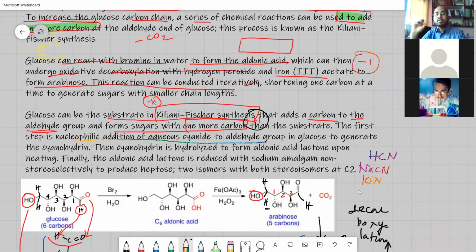So cyanide, potassium cyanide, sodium cyanide, sodium thiocyanate. There are so many complexes also there. These cyanides are used to add to the carbon atom, and then hydrolyze it. After hydrolysis, they become COOH, and then this is finally reduced using sodium amalgam, sodium and mercury, to form a higher homolog from 6 to 7. And just to show how this Killiani-Fischer synthesis is.